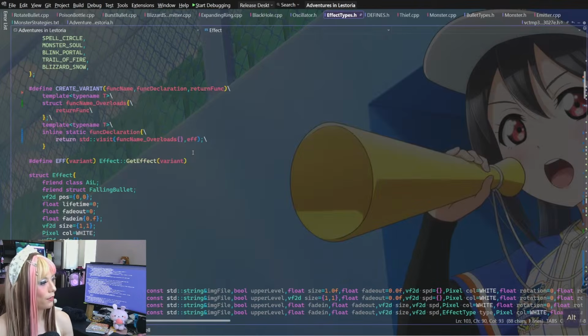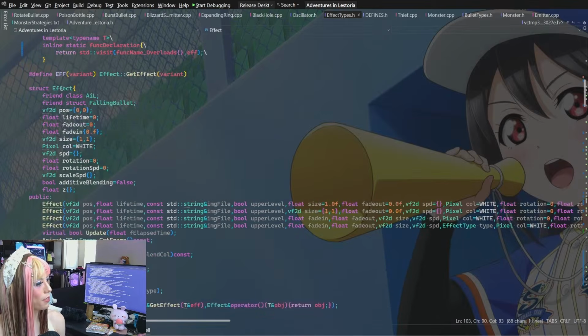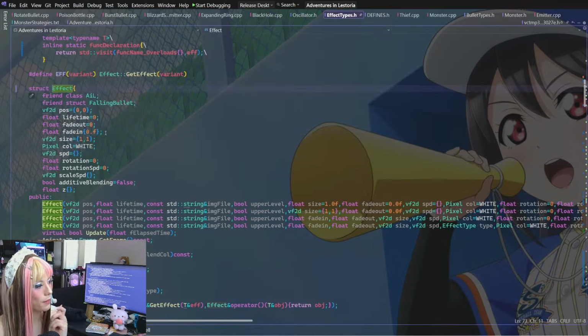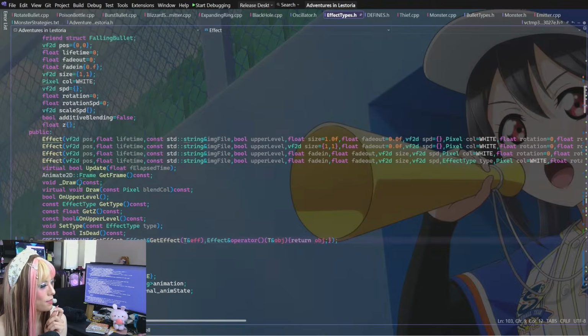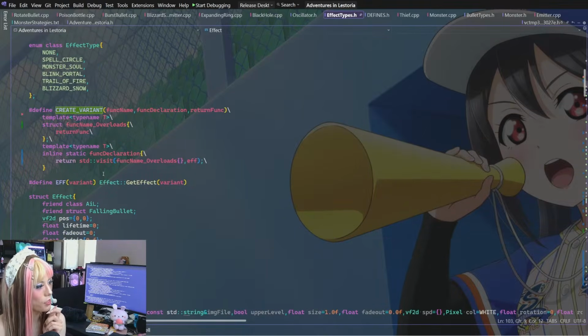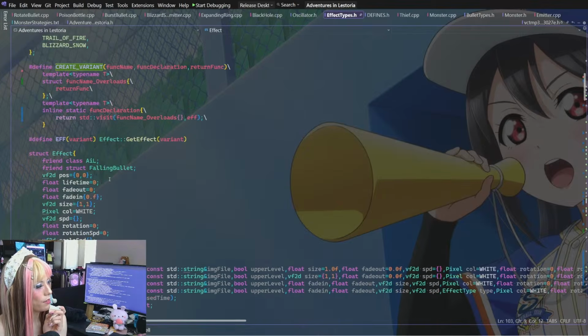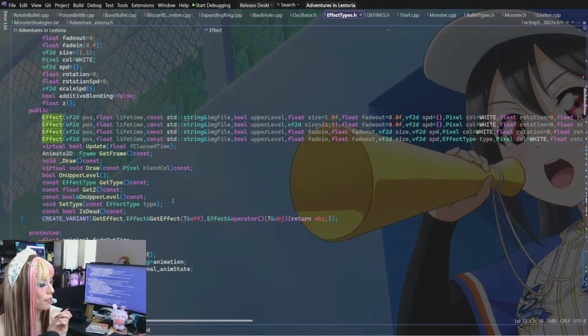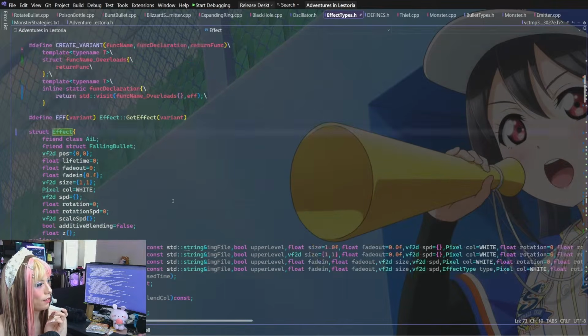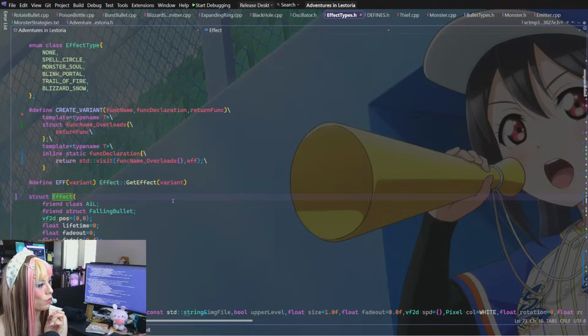Because if this type has to be known, and it's not a templated type, it's not going to generate these on the spot. That would change the size of the class, potentially. So once this effect is defined, the stuff inside can't be generated. So I would just make these global. It would be called get effect.